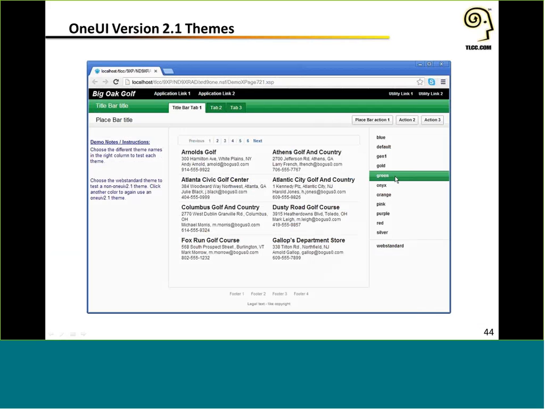So One UI has been available to us in XPages development since version 1, and with 8.5.3 we had One UI version 2.1. With release 9 there's an addition of One UI version 3, I think that's 3.02. And One UI is a great concept. It's one user interface. There's some common things that the users become familiar with, like they log into these utility links, and they may see their name up here in the top right-hand corner in the banner bar.